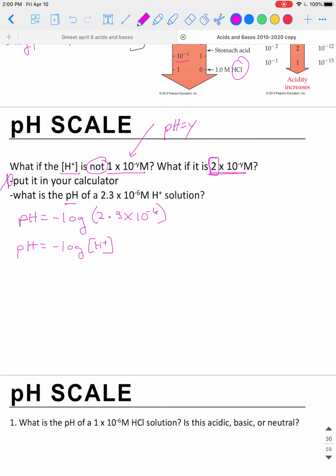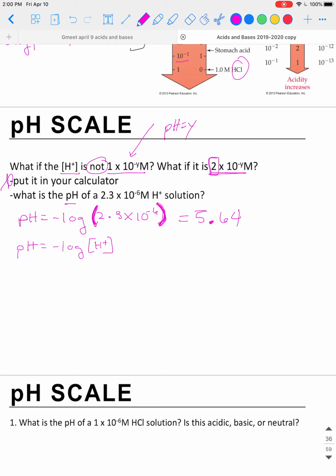When you put that into your calculator, negative log, always use parentheses right here. If you don't, it might not put your exponent in, the 10 to the negative 6 part. So if you do that, you should get that pH equals